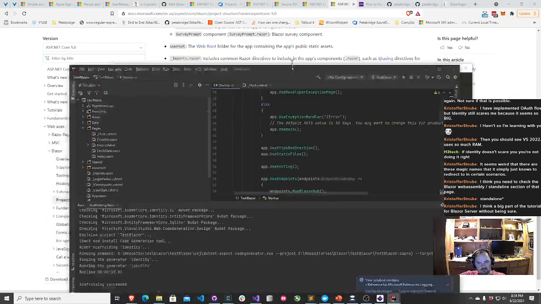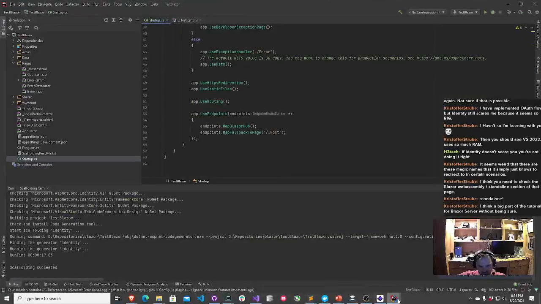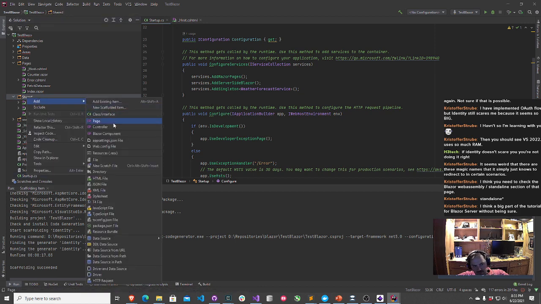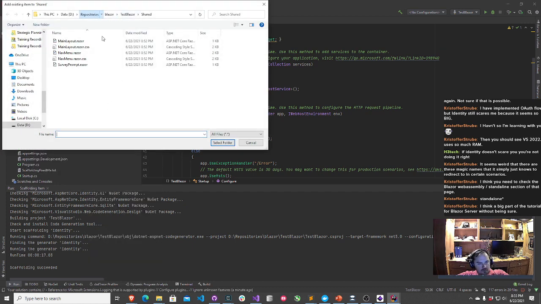Okay, so I've got to add all the same stuff I just did all over again. Let me see how fast I can get through that. Go to startup.cs. Got to add these two. Add that. I'm just basically adding components here that I already added. Let's just go ahead and add existing item. Go to repositories, drawtogether.net.